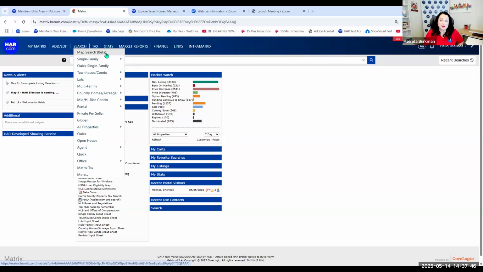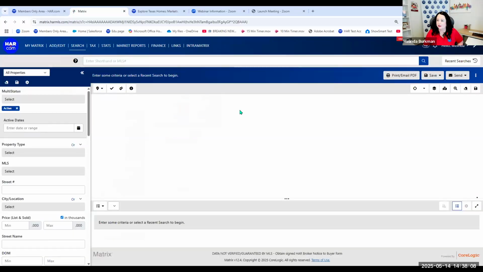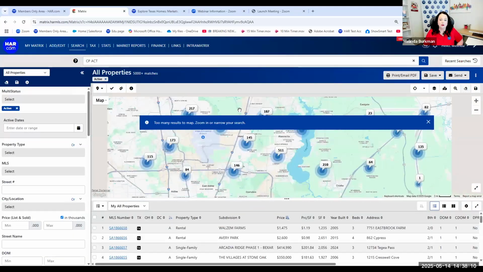So maybe when you're not super busy, I know that doesn't always happen, but when you're not super busy, play around with Map Search Beta so that when one of those new tools comes out and you're really interested in it, you already are comfortable with the search. And then you get the new tool and you're super excited, right? All right, so I'm going to click Map Search Beta. Okay, if you're watching this later and we've taken away beta, we were testing it for a little bit, making sure it was great for you guys.